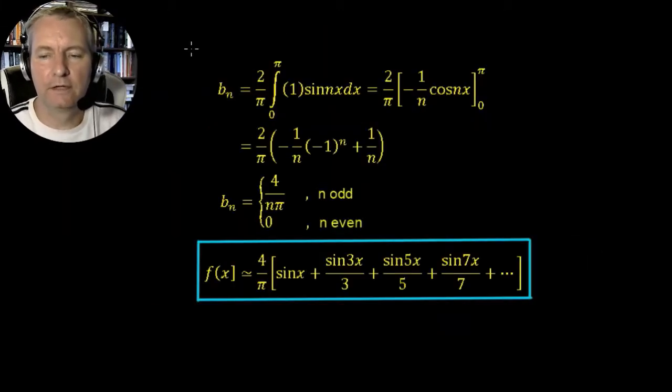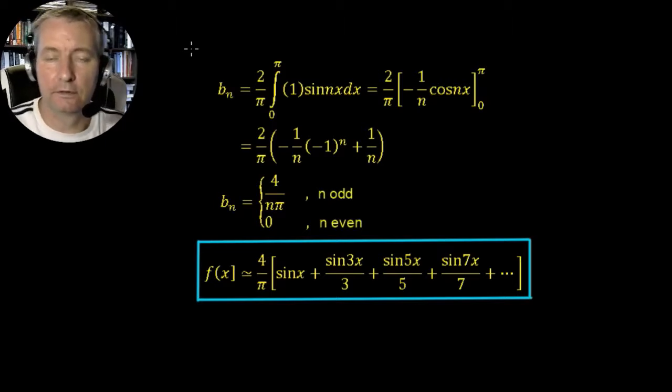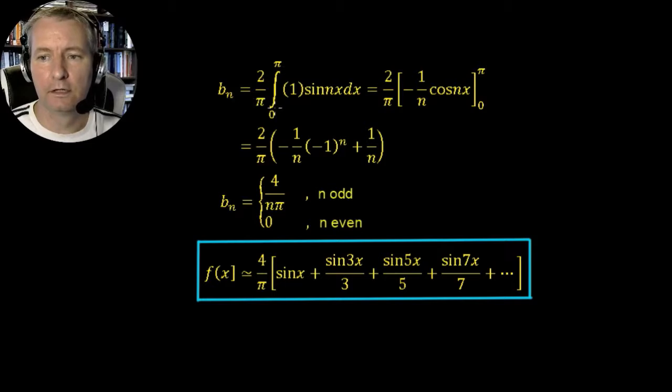So here's the simplification. We know that a0 is 0, we know that the an's are 0, we need to find our bn, but we don't need to integrate the bn between minus pi and pi. We can integrate the bn between 0 and pi and multiply it by 2. So the function here will just be 1 times sine nx dx, and when we integrate it we get this here,